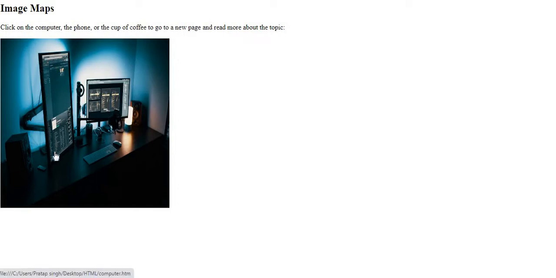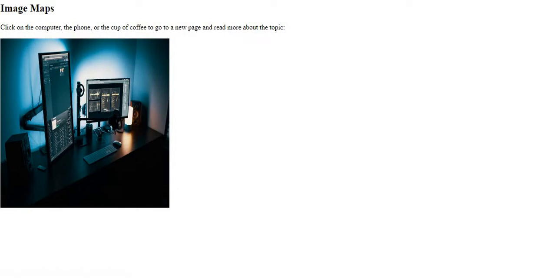Let's see the bottom. Now it's not clickable, so that's good, but it is only clickable till here. That means the second coordinate from the left was given a little wrong. We need to give it a few more pixels, then it will be clickable here as well.